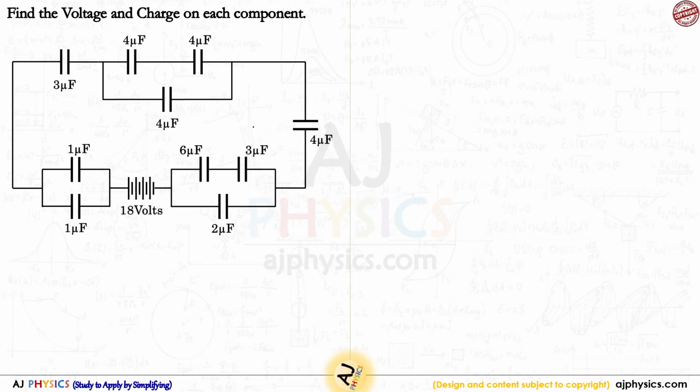Alright, now see, we have a lot of parallel combinations and we have a lot of series combinations. Obviously, all of them will join in series only. So let's try to figure out the equivalent capacitance first. Let's start from here. The 4 and 4 will add up to give a capacitance of 2 microfarad, and then 2 and 4 are in series. If we draw the circuits again and again, that would be a little bit lengthy, so let's try to solve this in the first step. So this 4 and 4 will be 2 microfarad,